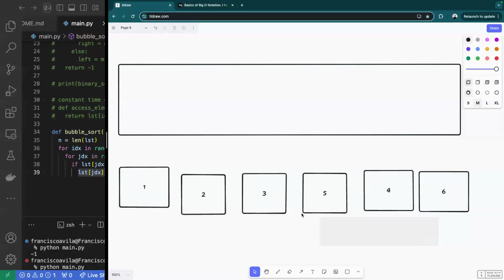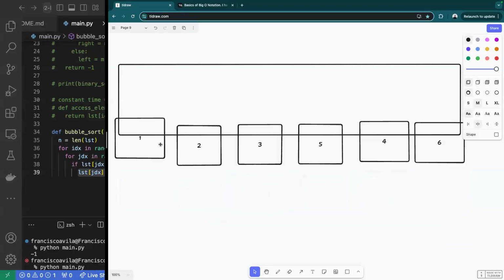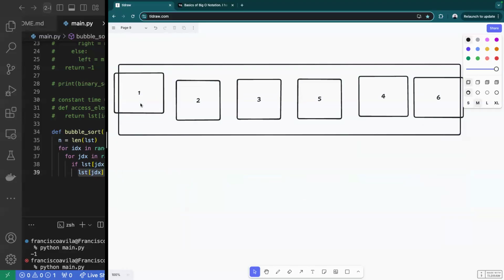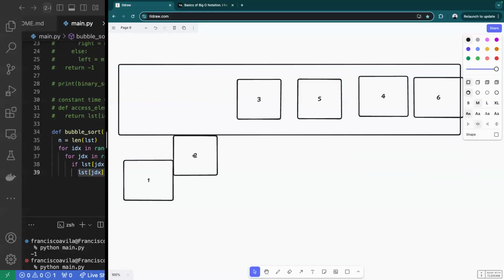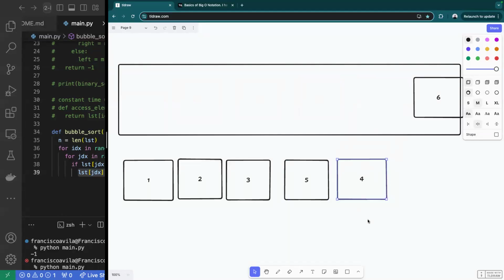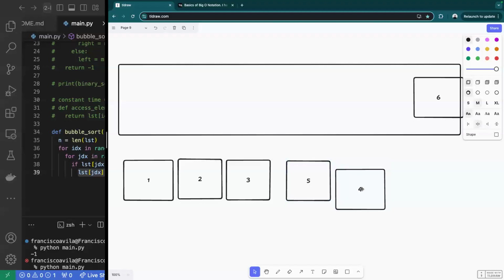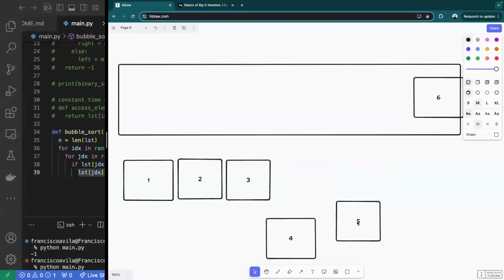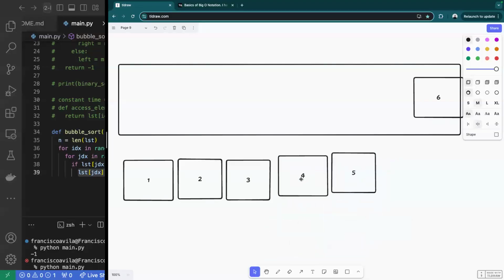And after it switches them, it restarts the entire iteration all over again. So now it takes 1 all over again, says, all right, well, 1 and 2 is good. Brings down 3, 2 and 3 is good. Brings down 5, 3 and 5 is good. And then it brings down 4, makes the switch. But after it makes the switch, it unfortunately makes the entire iteration